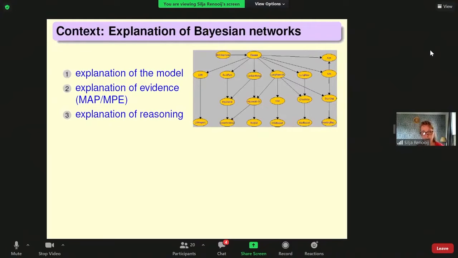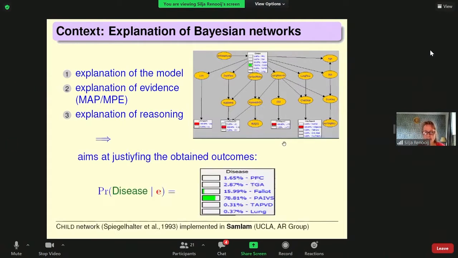Well, the context of the work is the explanation of Bayesian networks, and basically we can distinguish three types of explanation. One is the explanation of the model itself, for example, the graph, the way it looks. Then we have explanation of evidence, such as MAP and MPE explanations, and I'm sure Johan will talk about that next. And the third is explanation of reasoning, which is basically meant to justify the outcomes you obtain while reasoning